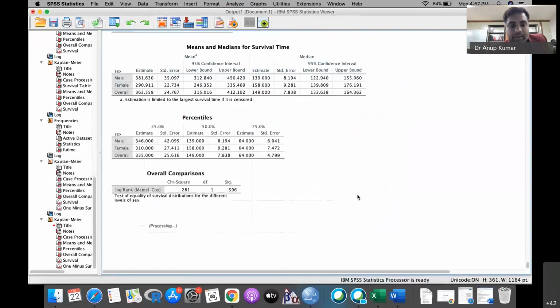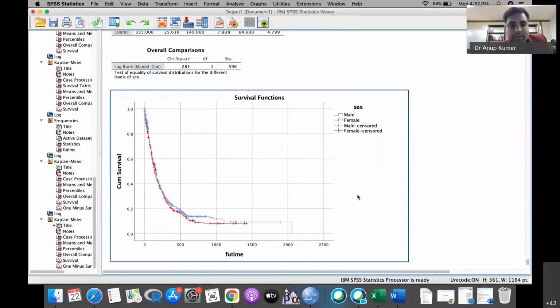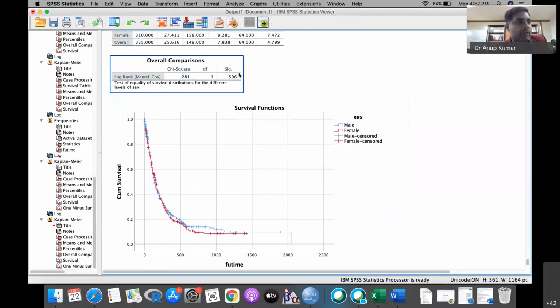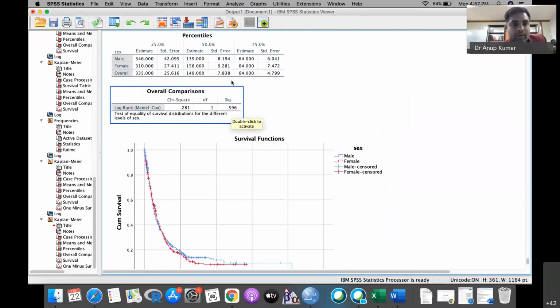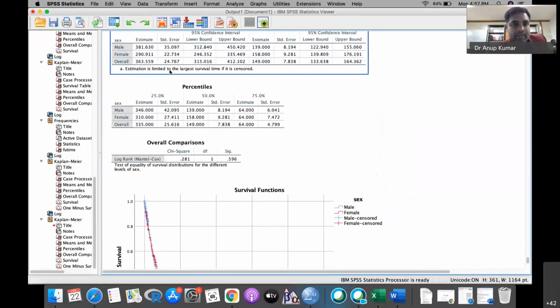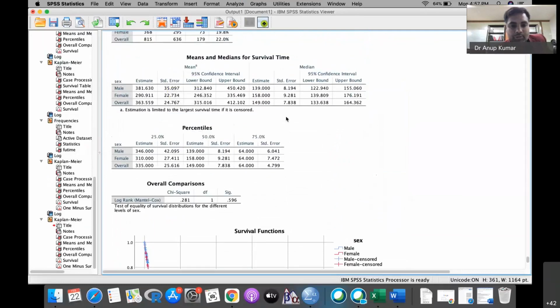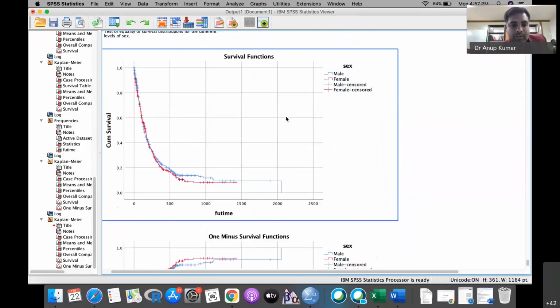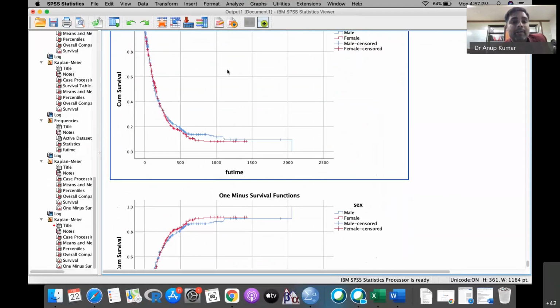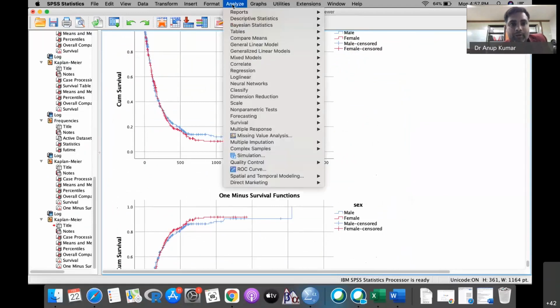We simply substitute, and you can see that the log rank test is suggesting that there is no significant difference between the genders. Their mean is almost 281 and 290 days, and their median is 139 and 158. So they are very close to each other. So gender has nothing to do with this lung transplant. It does not have any impact on it.